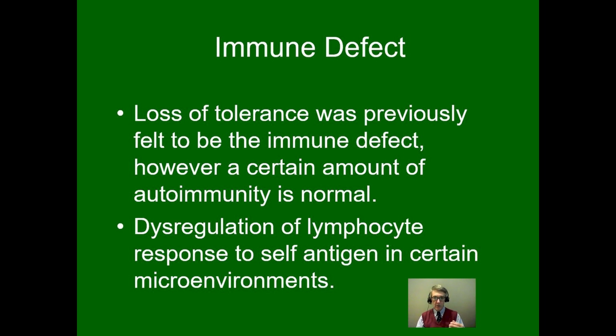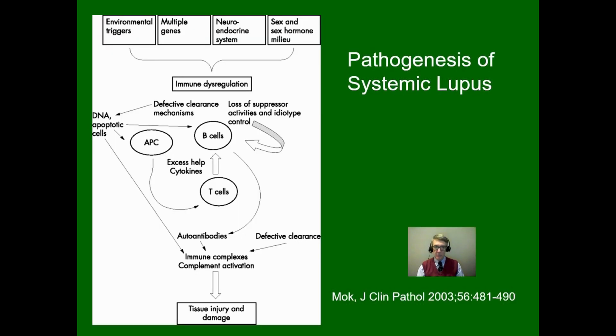Another perhaps cause of loss of tolerance is that the T lymphocytes may respond to antigen, or as you recall, the T lymphocytes do respond to antigen only when presented with certain HLA haplotypes or major histocompatibility molecules. And if for some reason the major histocompatibility antigen is not quite right or perturbed, it may present a self antigen to the T cell such that the T cell recognizes it as a foreign antigen,